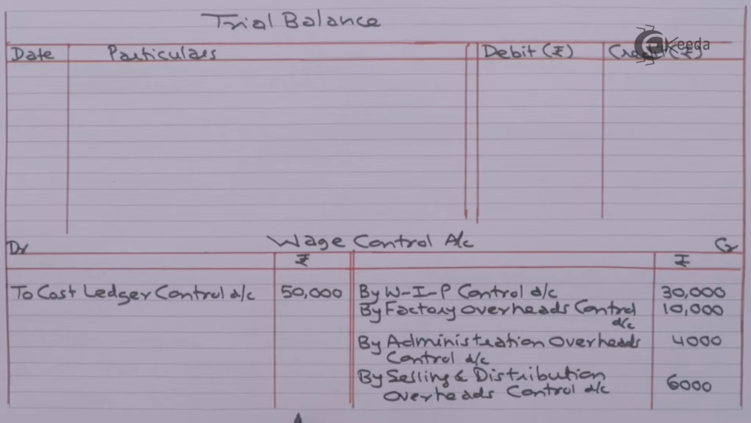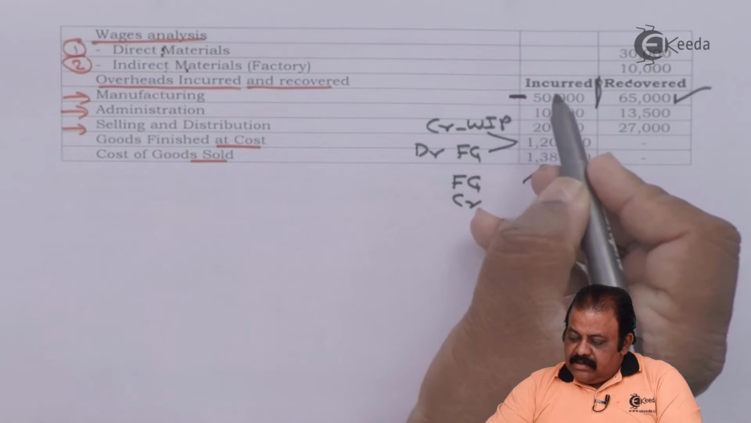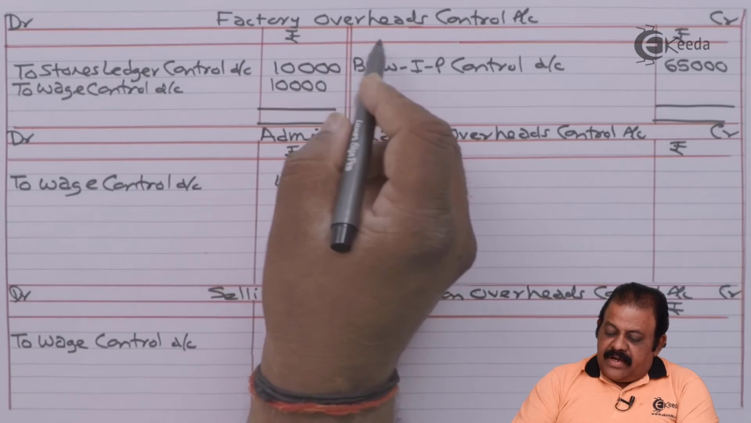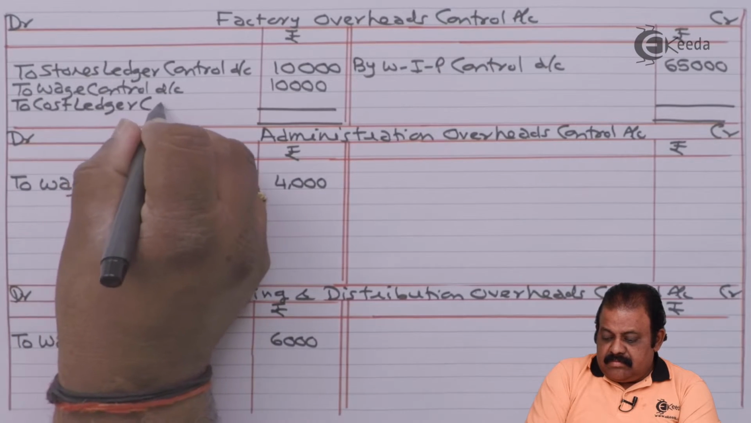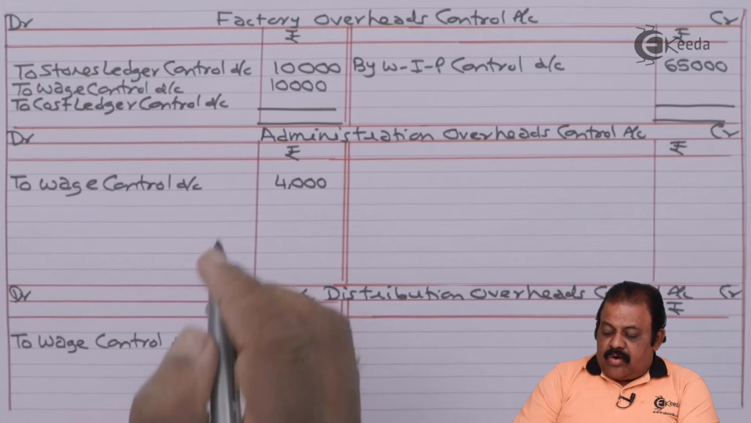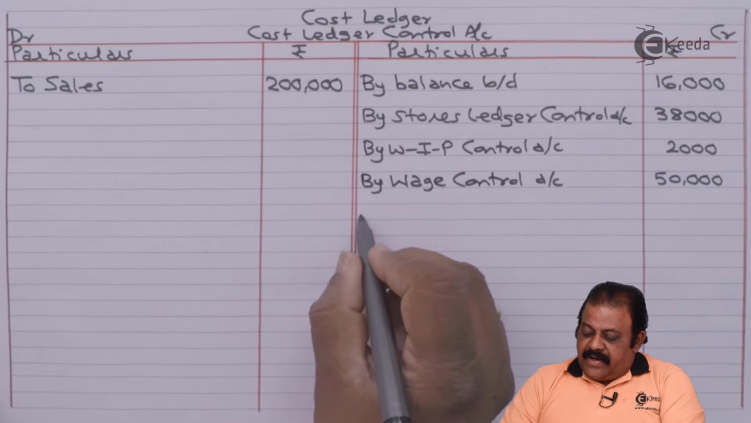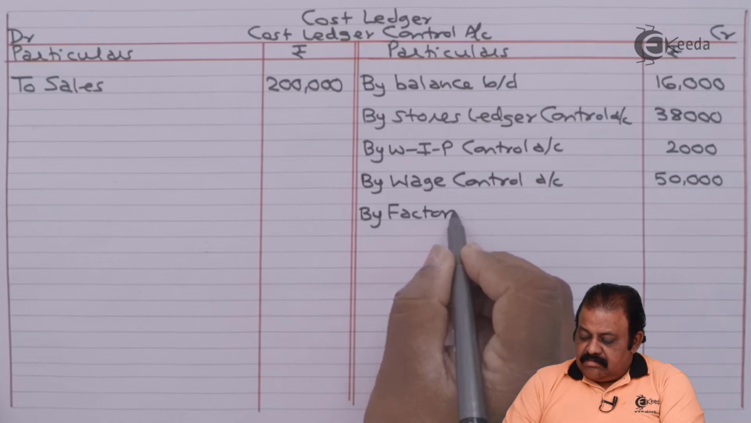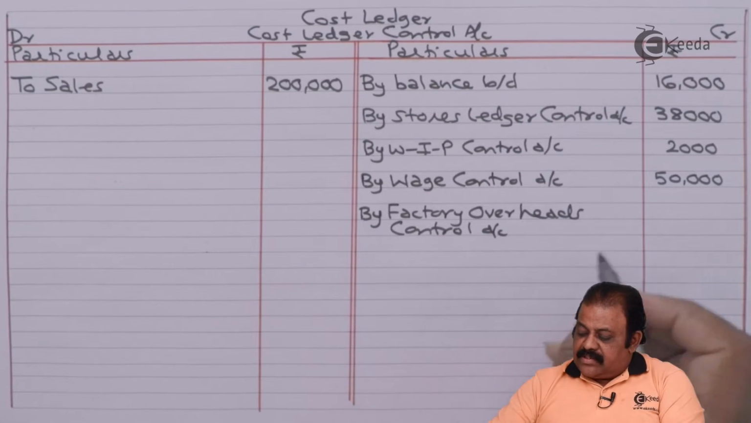Wage control account, debit is 50,000. Credit is also 50,000. It is tallying, no difference. Manufacturing, that is factory overheads, incurred 50,000. This will be recorded here to the debit of factory overheads account. To cost ledger control account, 50,000. In cost ledger on credit side, we'll be recording this as by factory overheads control account,